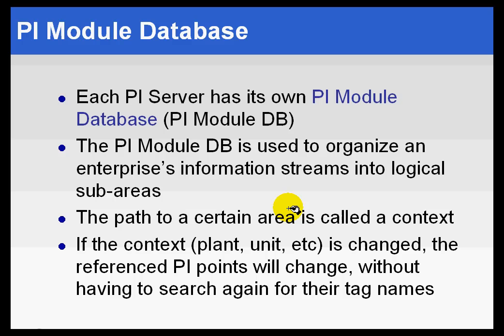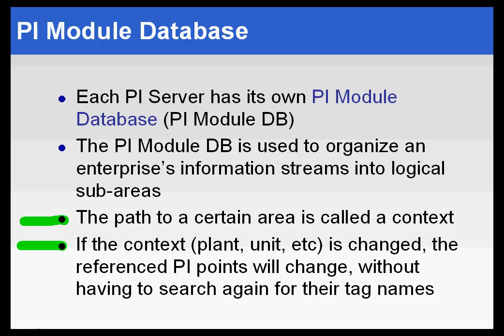So some of the other terms that we'll use with this is context. The path that we take to a certain area is called a context. And one of the nicer things about using context and alias is if the context changes, if you change from one unit or digester or one plant to another, all the referenced PI points that are referenced by those aliases are going to change without having to search again for their tag names. So we can make real good use of this from within a